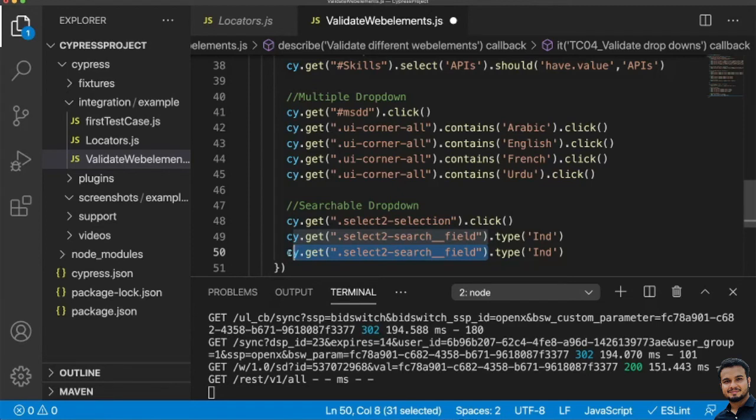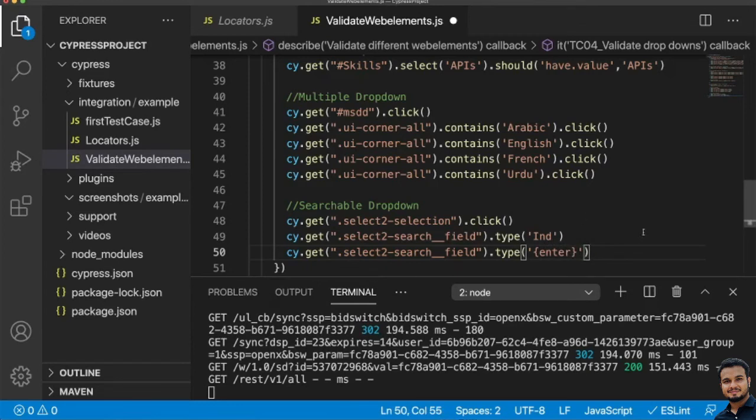Similarly, in place of India, you write dot type IND. If you want to press enter or some other key, inside the brackets you can write whatever operation you want to do, enter. So this will work fine.